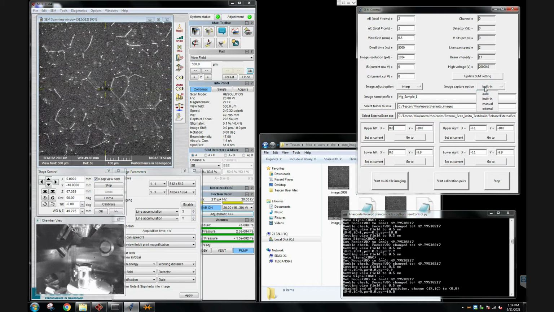And next, I already have the external scanner hooked up to our computer, so we can try to use this external scan function. In this setting, we are using a dwell time of 8 microseconds at each pixel position, and for the image resolution, we are using the input here. So 1000 pixels by 1000 pixels for each image.